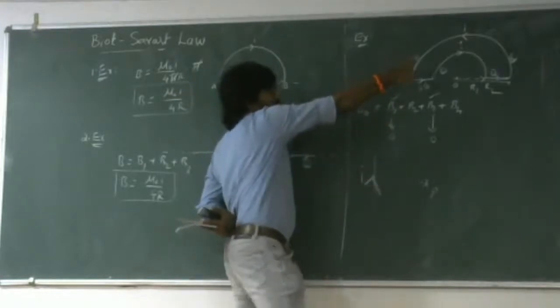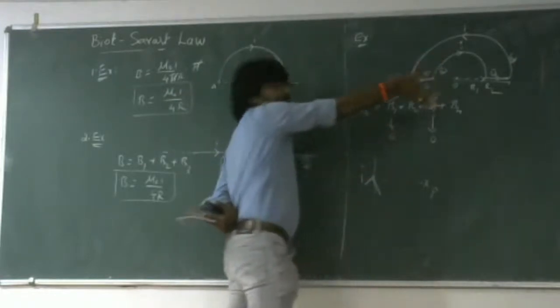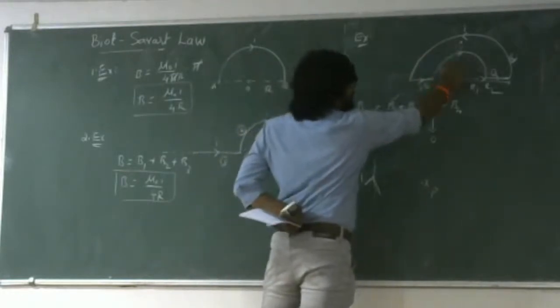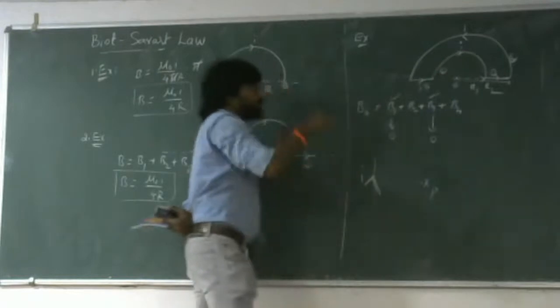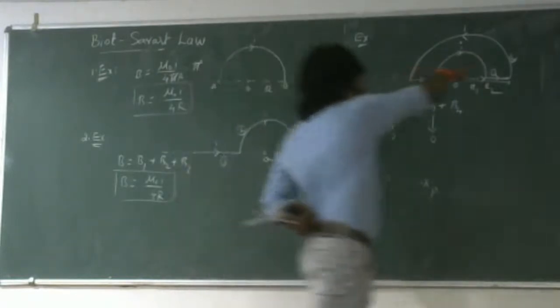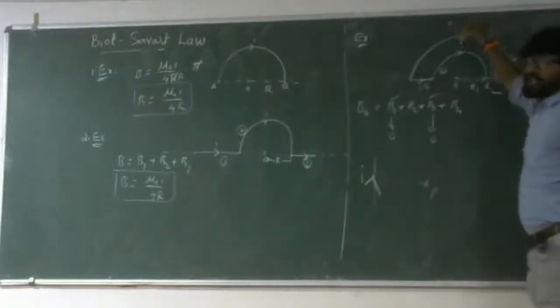Stretch the thumb in the direction of current and stretch the fingers into the point. What is the direction of palm? In the first case, in case of the second conductor, B2 will be into the plane. Is it clear? Then due to the fourth conductor, stretch the thumb in the direction of current and stretch fingers